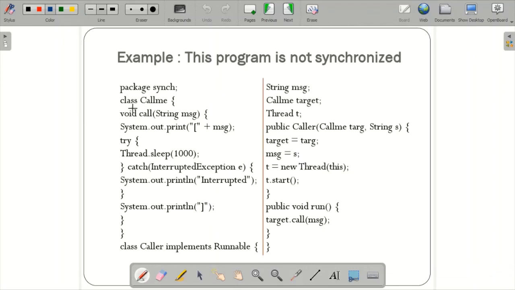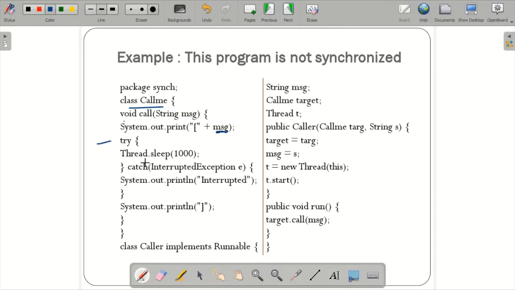Class Callme is the class which I'm going to create. Within it I put one function, void call, with the parameter String message. Whatever message is passed, I print it inside angular brackets. In void call(String message), System.out.print prints the message, and then I've used try catch.